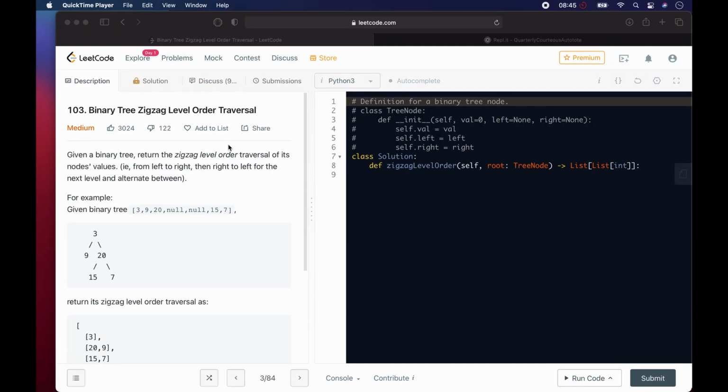The question in question is number 103, binary tree zigzag level order traversal. So we have a binary tree, and you're supposed to return it in zigzag level order. What that means is we start off with the root, and then if the root has children, we